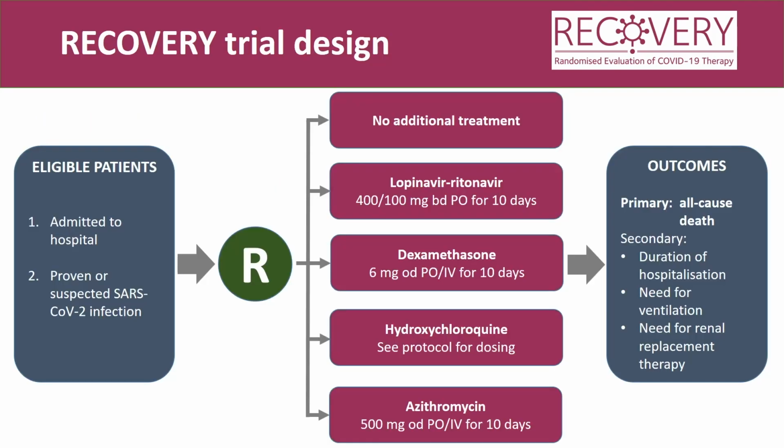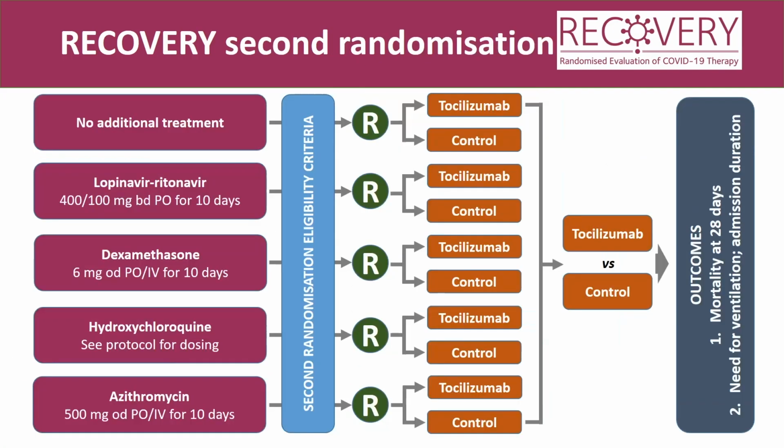So this is the trial design that you're used to seeing, where patients are randomized after they're admitted to hospital with COVID between 1 of 5 treatments, and the outcomes, as you already know. So the second randomization might make this look a bit complicated, but it's not so bad. So patients are recruited into the trial in the normal way and get allocated to one of their 5 arms in the main trial. And then if they meet certain eligibility criteria, which I will explain in a minute, they